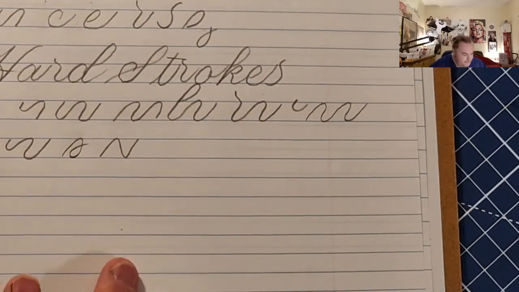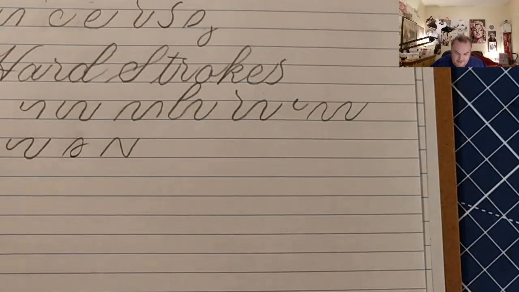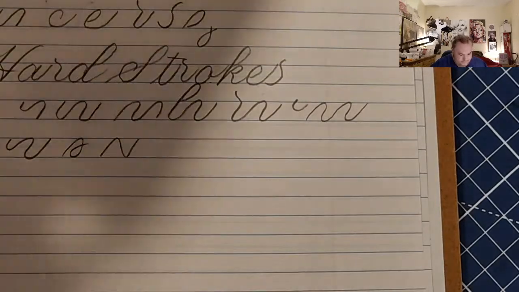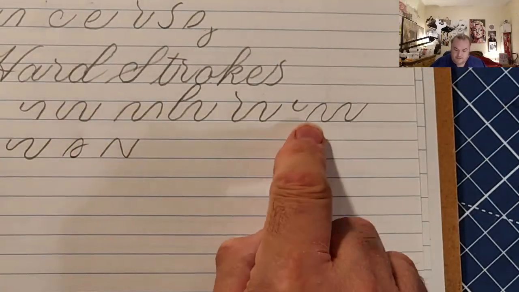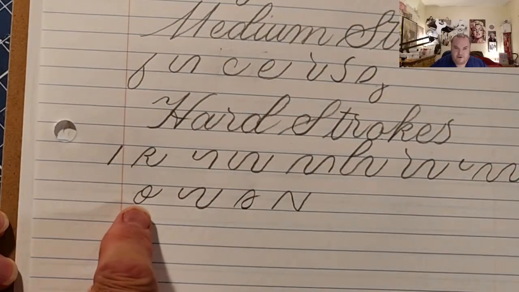Did we talk about the connecting stroke? No, we haven't talked about the connecting stroke. We'll have to do the connecting stroke. Okay. Then we did the double compound curve, the oval, the modified oval,